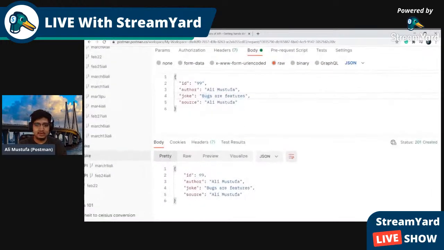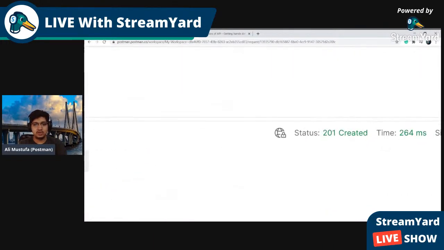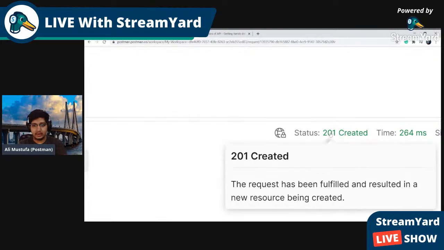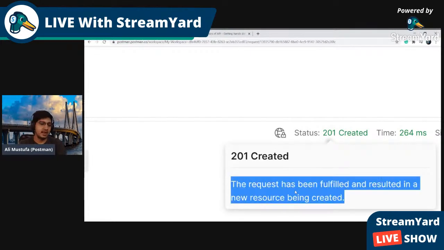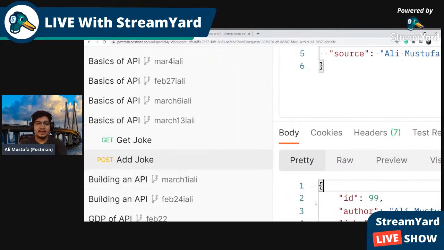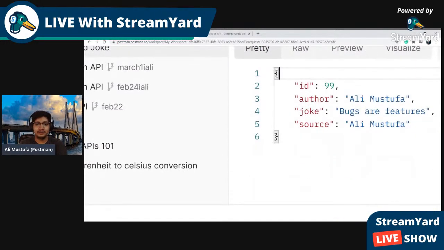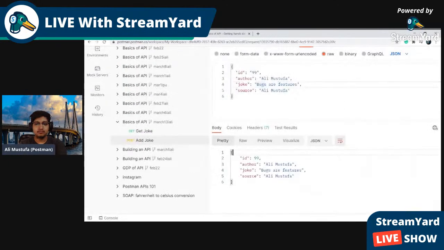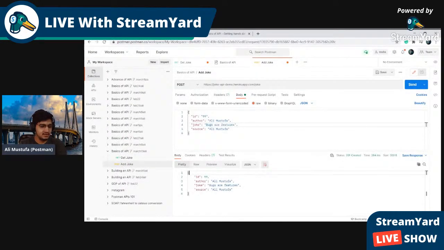Now here you can see the status code is 201, meaning that it was created and it fulfilled my request. And here I can see the joke being returned in the body again. Yes, ID 5. Please give me the ID here in the chat because I need your ID. I guess Sandesh has added a joke, so let me check his joke.